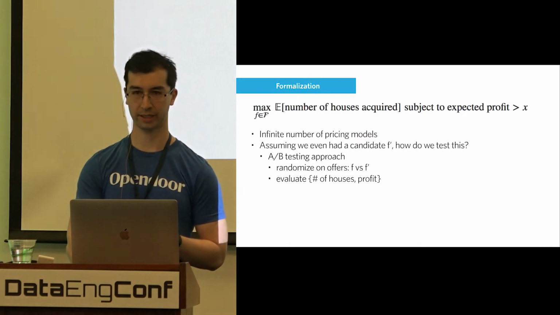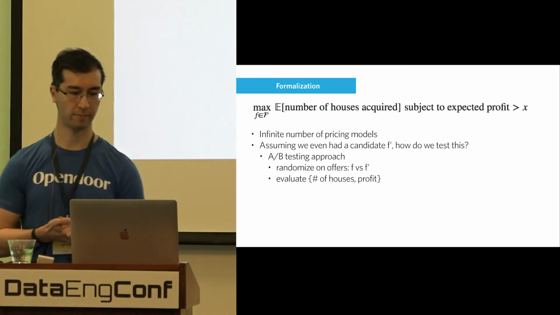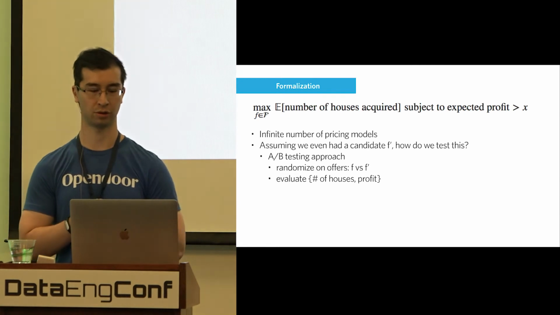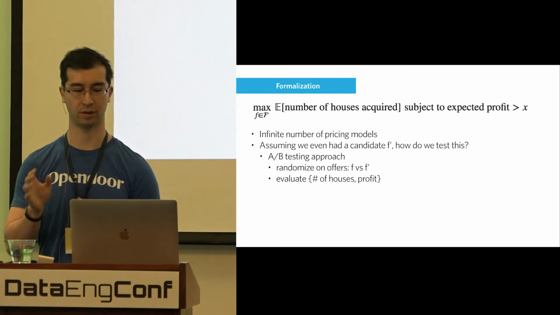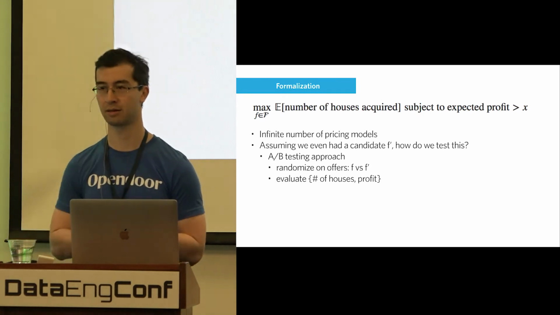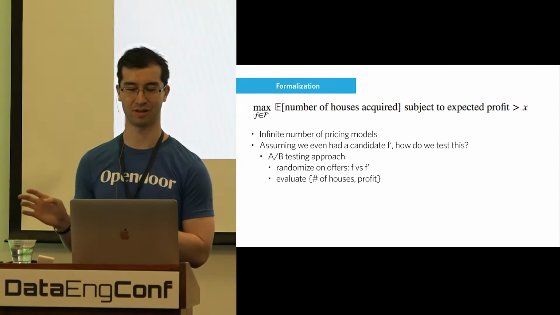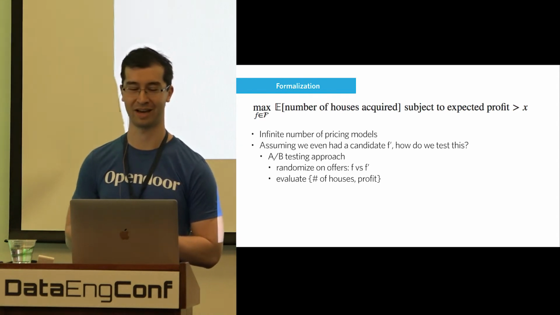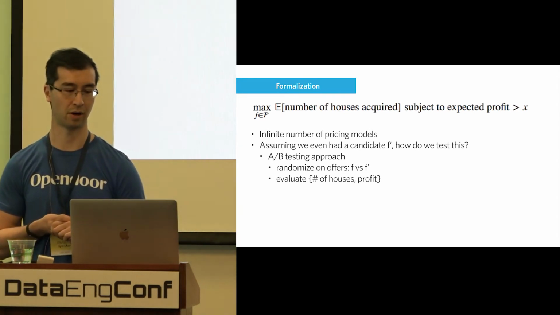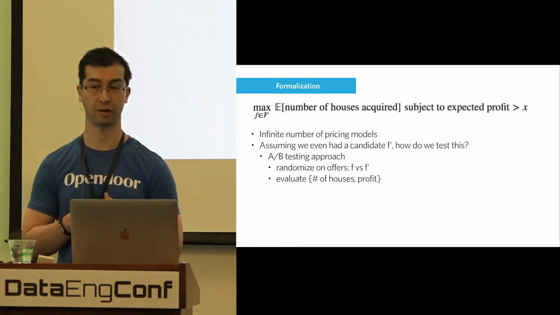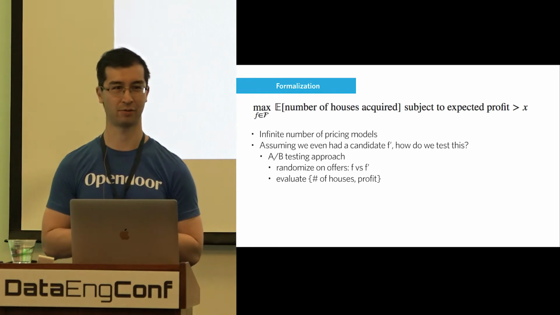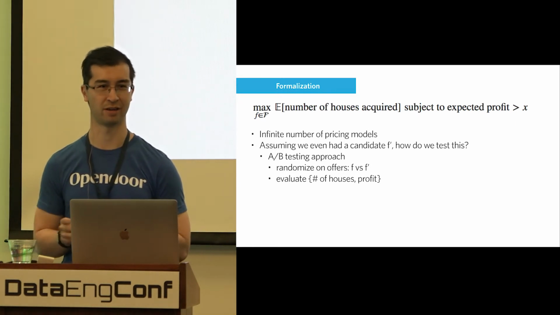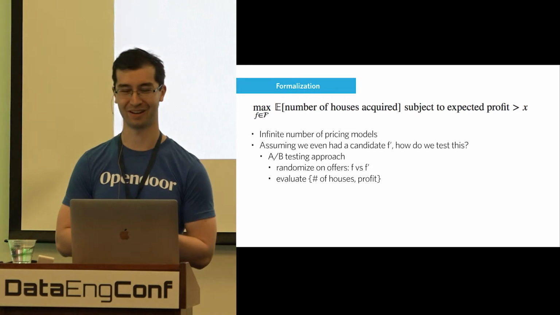So if you were to write down the math problem that you're trying to solve, it might look something like this. You want to maximize the volume that you do, measured in the number of houses that you acquire, and you want to make sure that you don't lose too much money doing this. Maybe in 1999, the last part was given a little bit less thought. And this maximization problem is going to be over the space of all pricing functions. There's an expression about how writing down the problem gets you halfway to the solution or something. We did not find that to be true in this case.